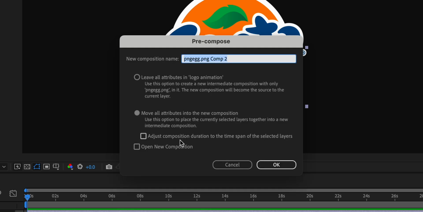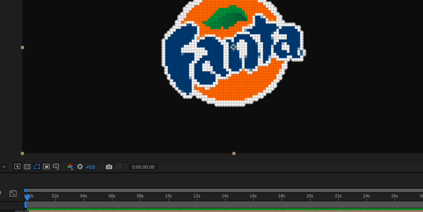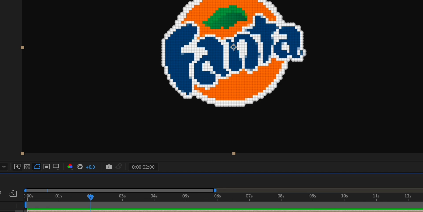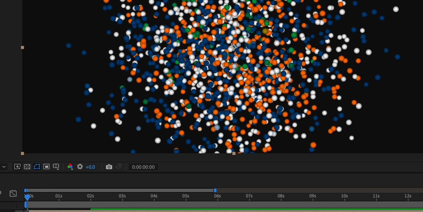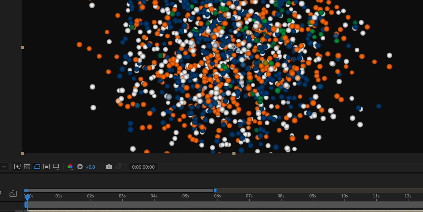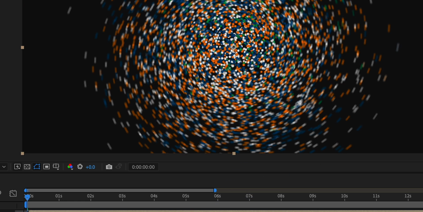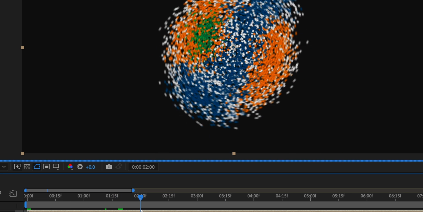So, let's get started. First, import your logo into After Effects and drag it into a composition. Before applying any effects, I like to reduce the scale of the logo slightly so it fits nicely inside the composition and leaves enough space around it for the animation. You can adjust the size depending on your own logo, but make sure it isn't touching the edges of the ring. Once you're happy with the size, select the logo layer, right-click, and choose Pre-Compose. Pre-composing is important because it combines everything into a single layer, allowing the effects to work correctly without affecting the original logo directly.